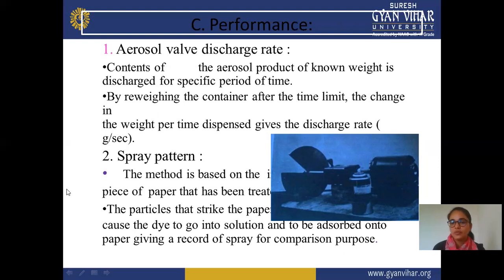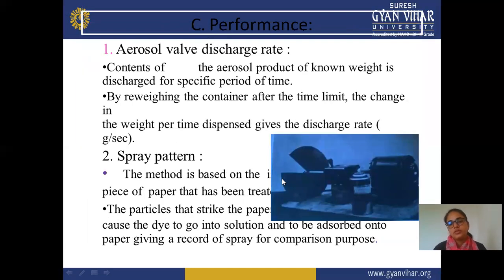We can also check the spray pattern in the performance test, because when we consider customer acceptance, the customer checks the overall properties of your aerosol: whether it discharges properly, whether it expels material properly, and whether the pattern is uniform, maybe large or small, or maybe effective formulation. So in this aerosol valve discharge test,